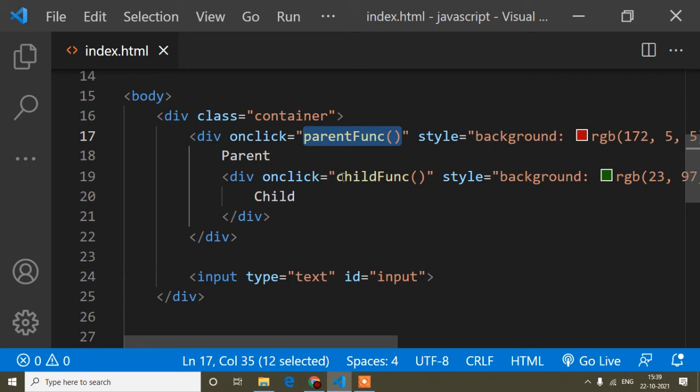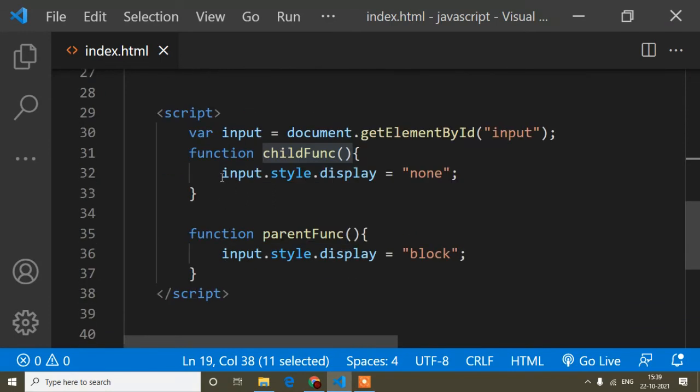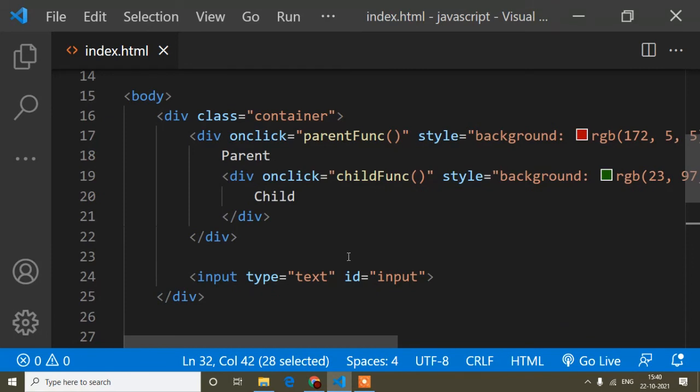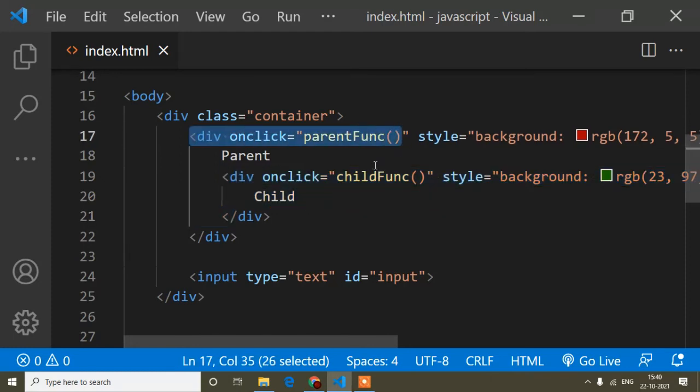First, the event occurs in this child function, and in this event I have written display none, so by this event the input is hidden, but when I click here, this event also propagates to the parent event.